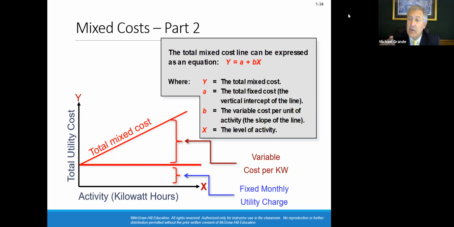By definition, cost per unit is constant. X is the key. How many patients am I going to have? Do I estimate I'm going to have 1,000 patients, 2,000 patients? Once I have an estimate of the number of patients that we have in our hospital, I can estimate total cost for a cost that's mixed in nature. Remember, a mixed cost is fixed plus variable.